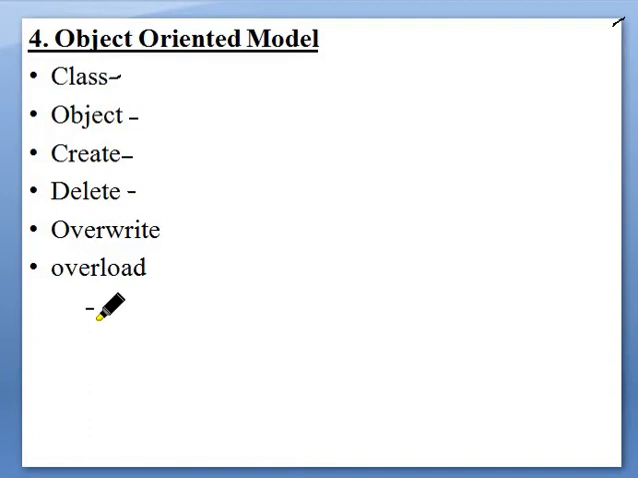There are so many others, but in this subject only these features are covered, so I am taking these. So many other concepts which you have studied in your object oriented course, please add them. Okay,